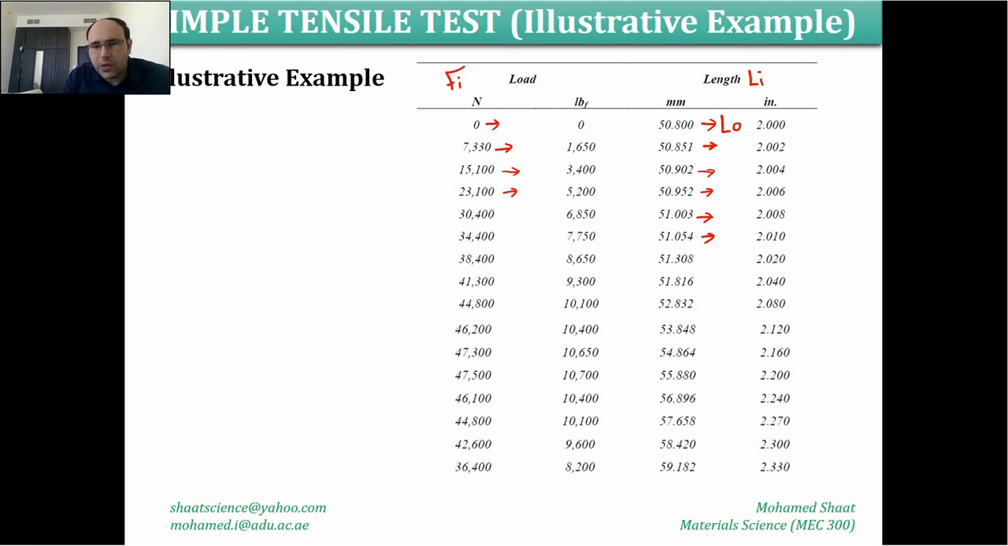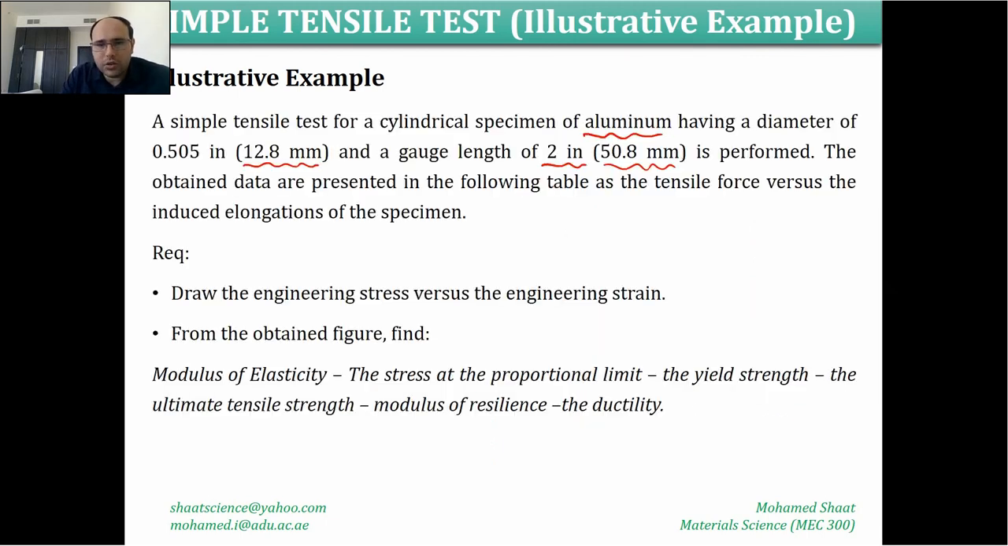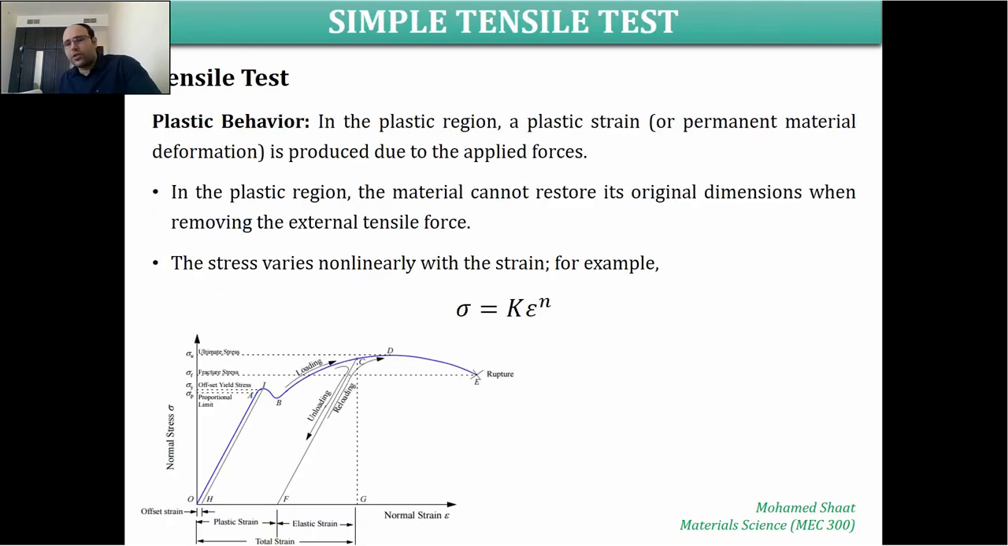But anyway, they are equivalent. You will be given one of these two data sets, whether in the American system or the international unit system. And from this data, you are required to do these things. One thing is to draw the engineering stress versus engineering strain curve, which is the stress strain curve that we were explaining. You are required to use this data to generate a figure similar to this one